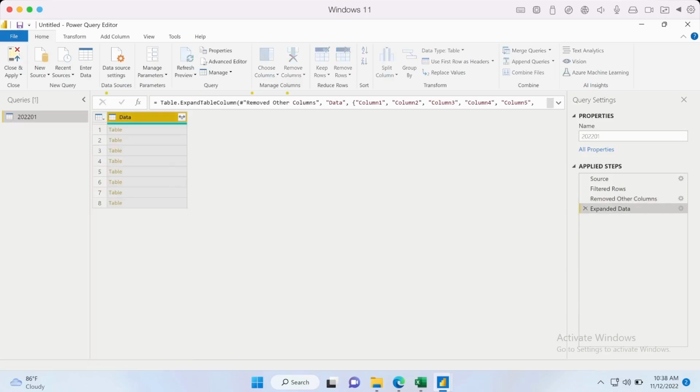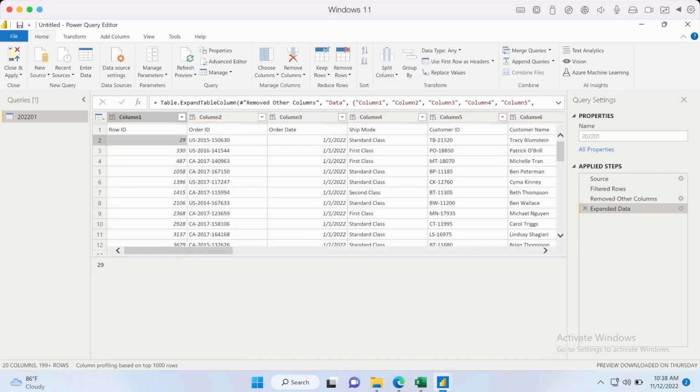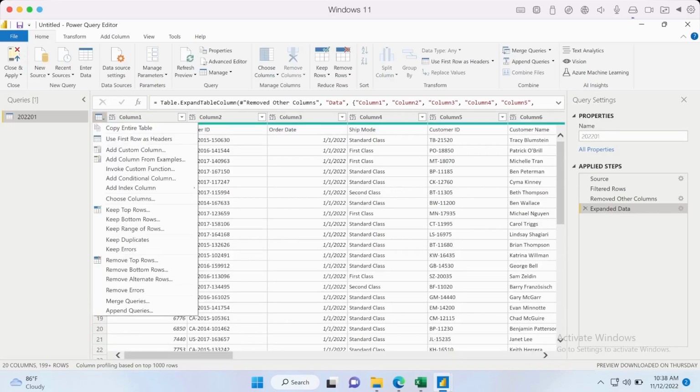So once that is done, we'll now be able to see the entire data from all the different sheets that is available. But then, as you can see, the row header has not been selected, right? So we have individual columns here, like column one, column two. So we need to ensure that the first row is maintained as the header. So we could easily do that. So where the rows and columns intersect, there is an icon here. So you can just click on this icon and select use first row as headers, and that will do the